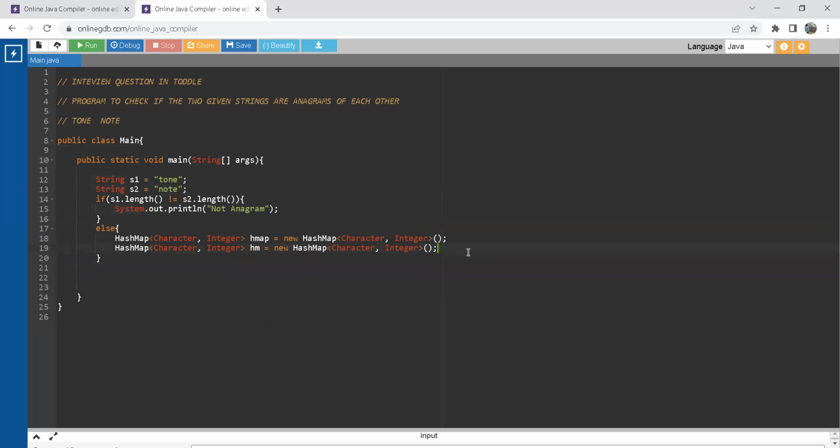Now, if the lengths of the two strings are equal, then I have to build a logic, and I'll start with